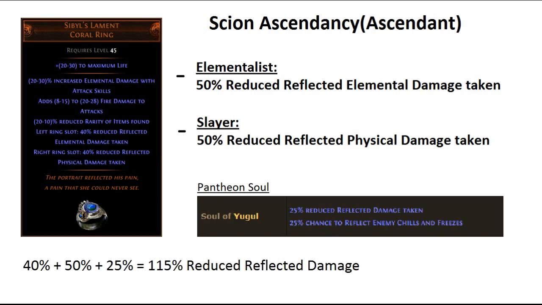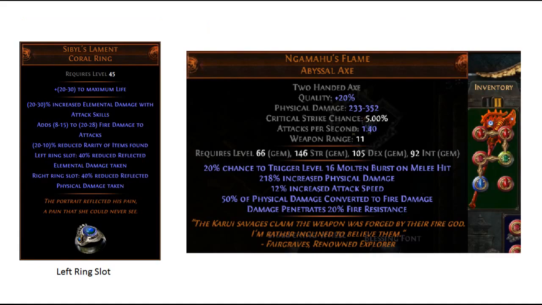So let's do some math. 40 plus 50 plus 25... equals, yeah, that's lethal. Now you can run any map without fear of dying to reflect. Have fun. In my specific Scion Cyclone build, I use Sibyl's Lament in my left ring slot, and for my